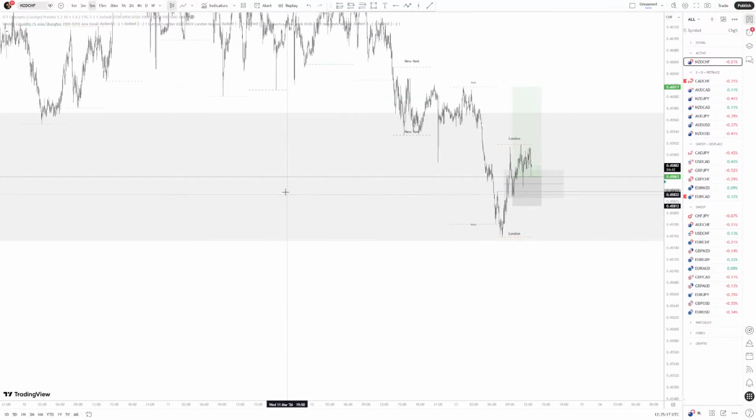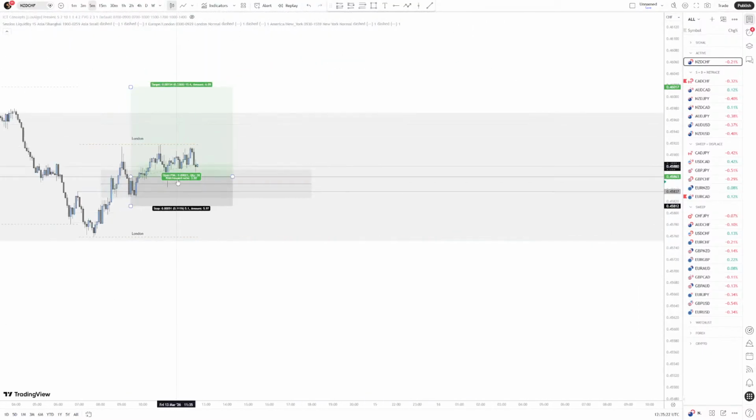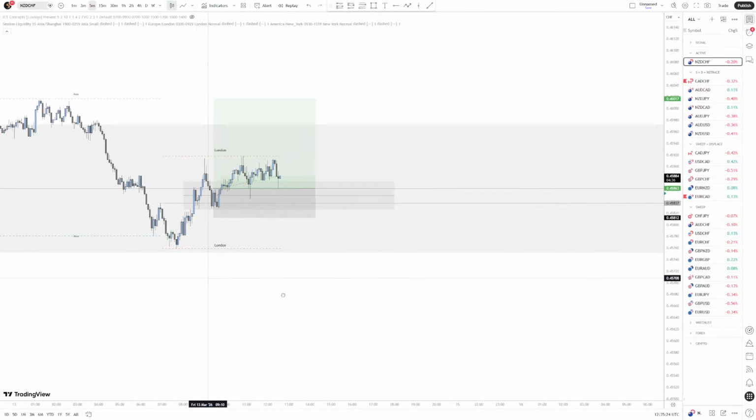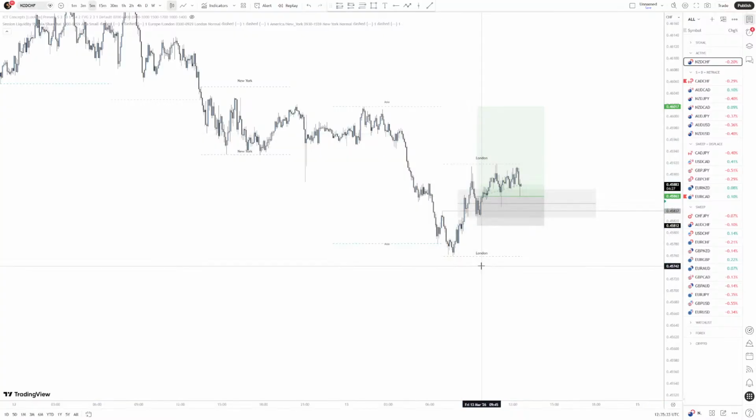We've come back down. We filled it. To be fair, I think we filled it already. We filled it multiple times. But this area is a discount area, and this is the premium, right? So we got in, to be fair, kind of at the midpoint right here, which would have been in the discount area. We also had a sweep of the Asia lows.